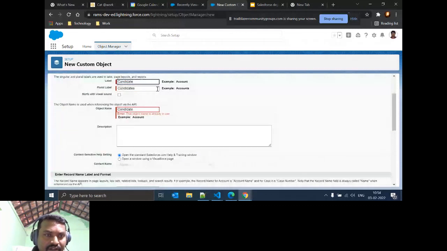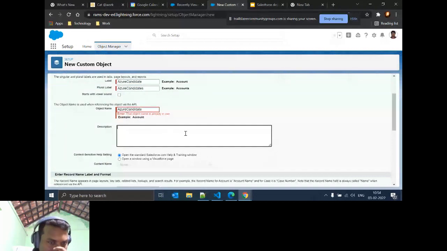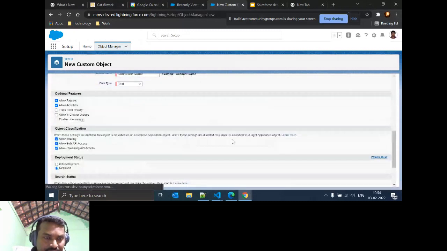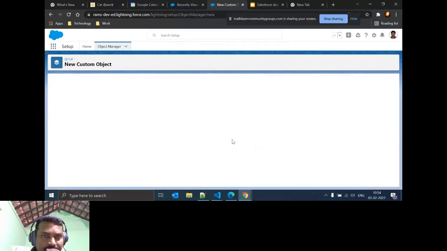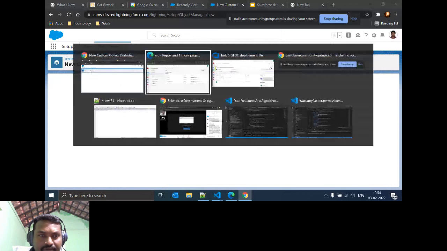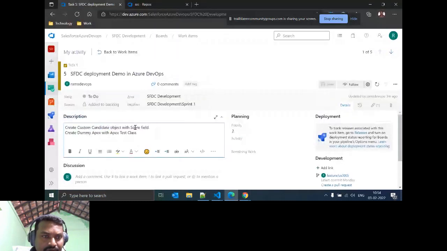Okay, Dates is already there. I'm going to create the Azure candidates object. This is a tab.